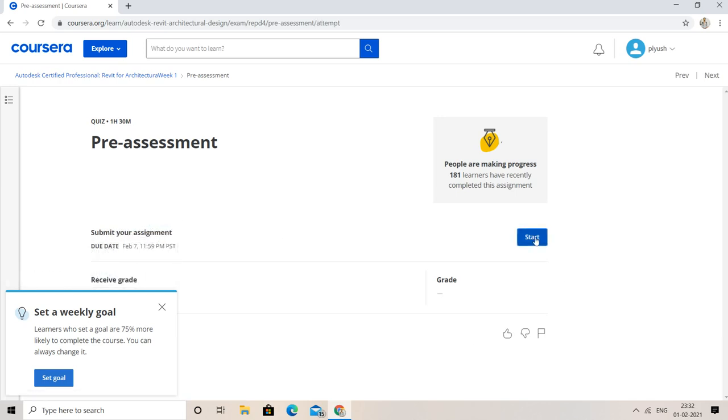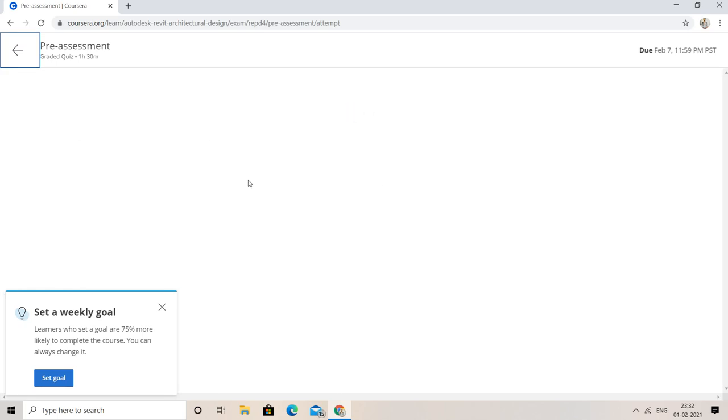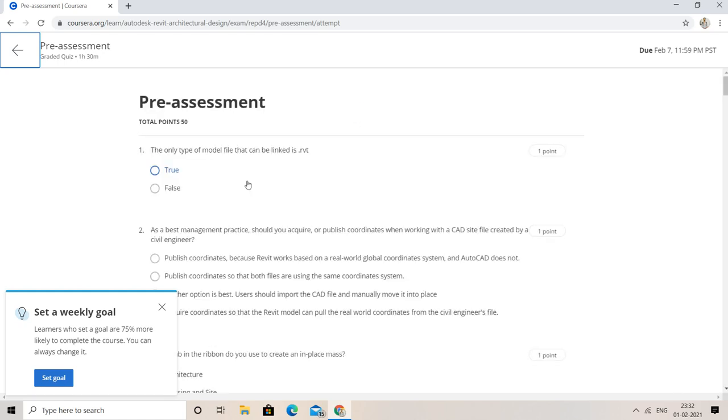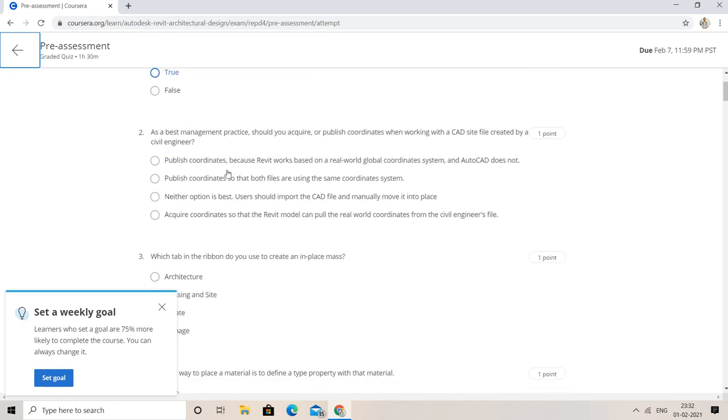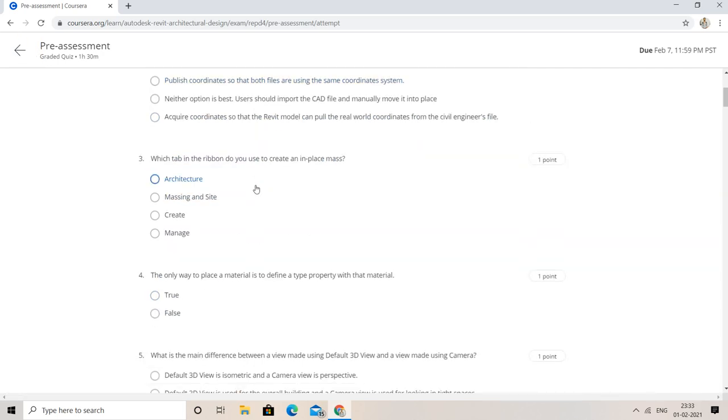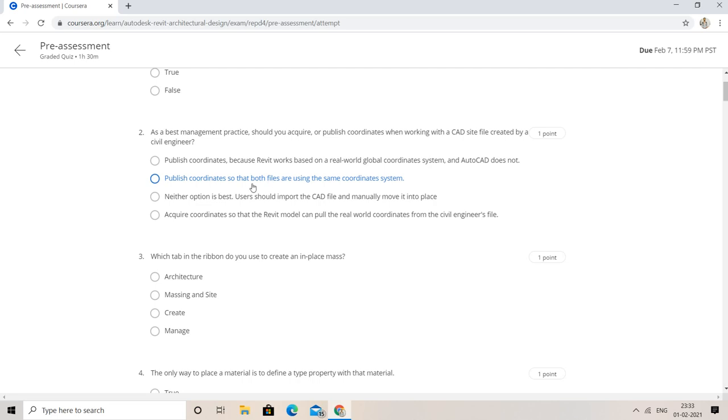If you start it, here you can see this type of quiz question will come. If you secure 80% or more, you will be able to get the certificate. It contains a total of 50 questions. Like this, you need to complete 2 pre-assignments and one assignment. If you complete them, you may automatically get your certificate in the Gmail you have logged into. For that you need to pay 2126 rupees.